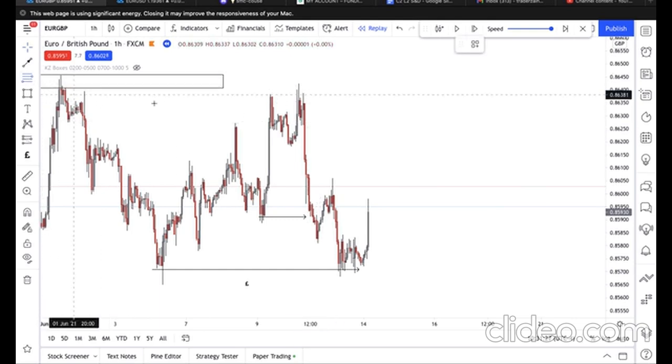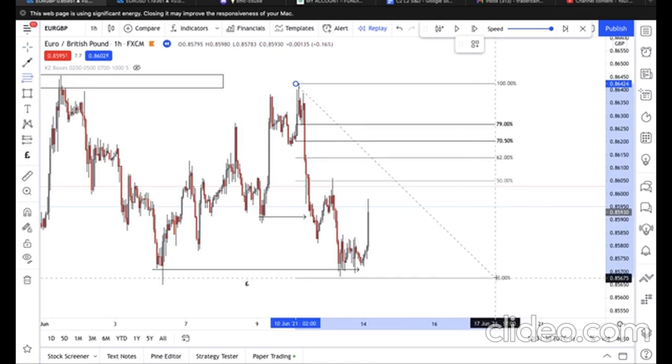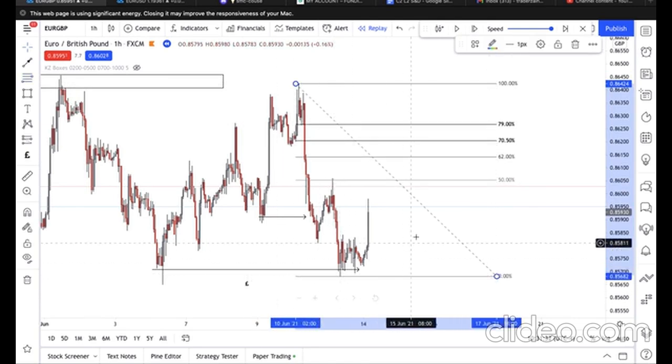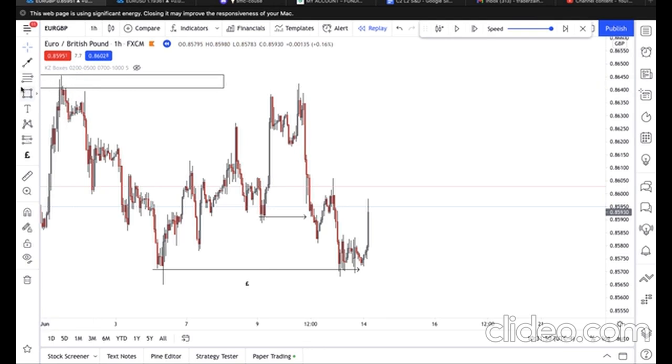Step number 1, take out your Fibonacci. Mark out the swing high all the way down to the swing low. And then we begin to look for our discounted areas. 62%, we don't see anything. No base. 70.5%, no base, just imbalance. 79%, what can we see? A discounted supply. So we're interested in this area here,